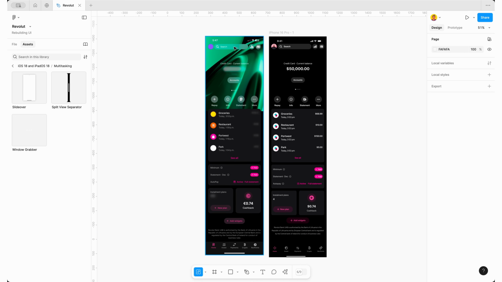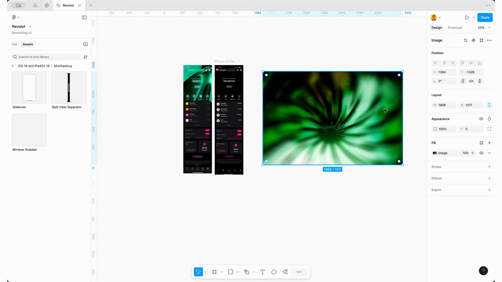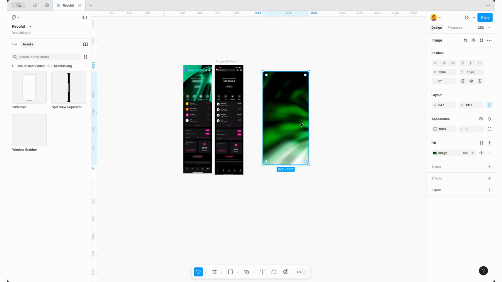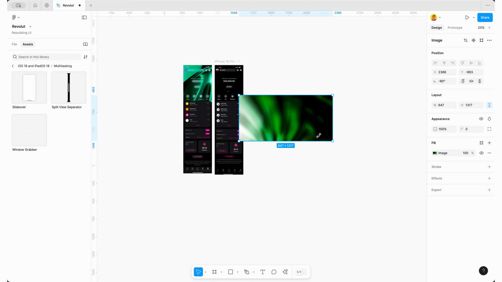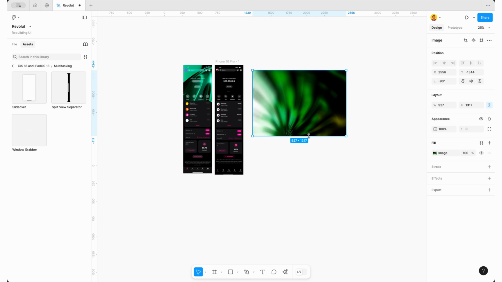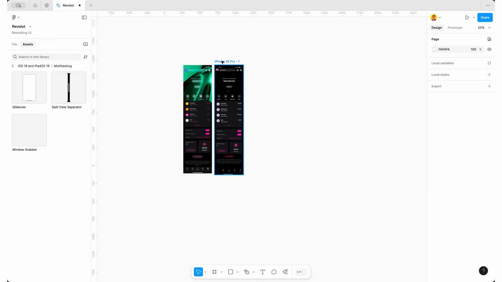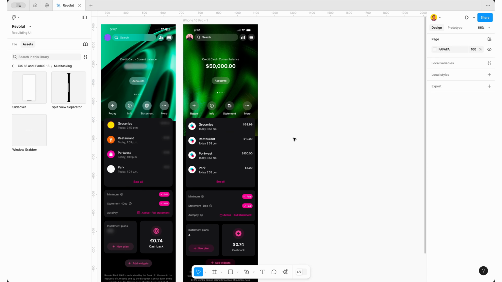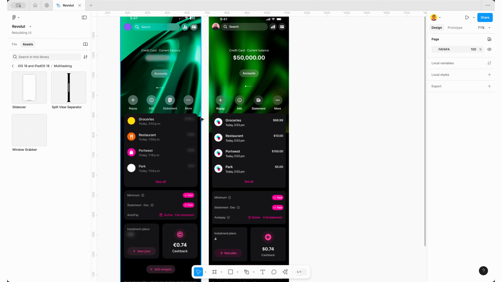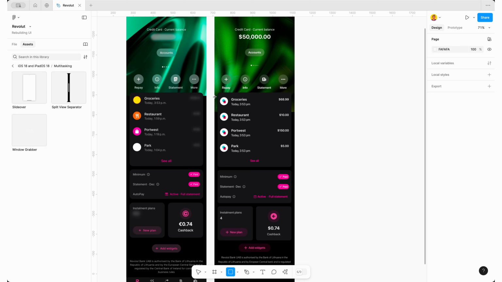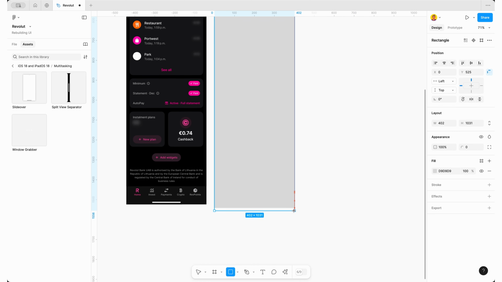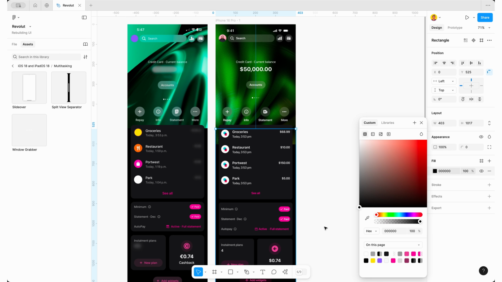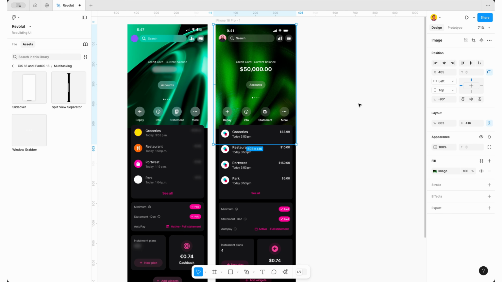Now we need to add this image background. So I got an image which looks similar but not exactly similar, so I think this is good. Yeah, so we will just paste. Yep, now I will just select the image, just copy it. Yeah, we have the image, so we need the image only here, so I will just create and use black. Okay, now the image, I'll move it to the bottom,